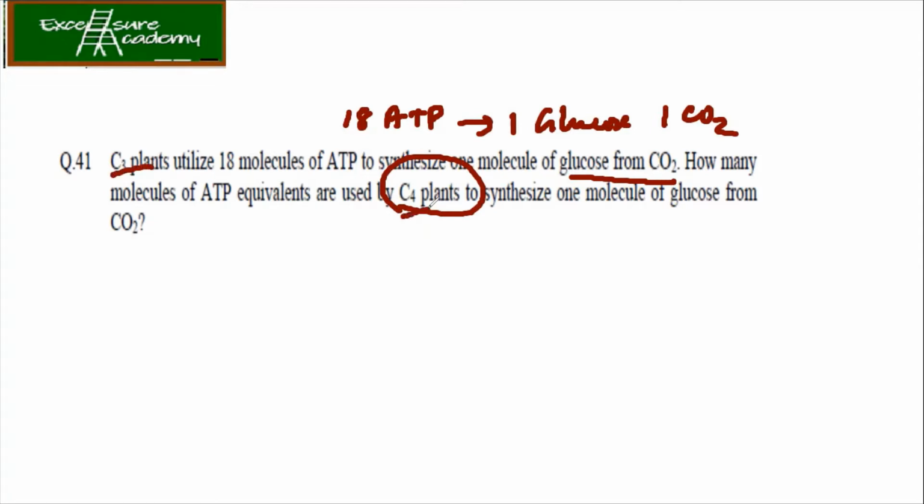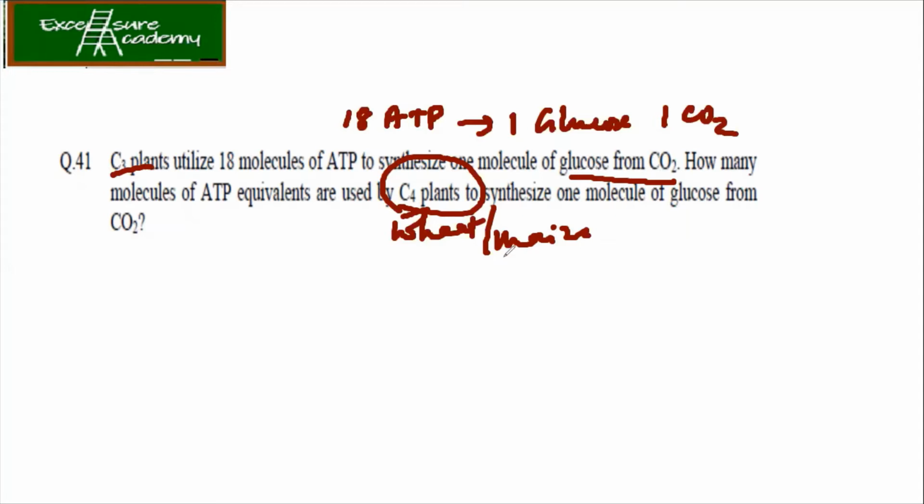If you remember, the examples of C4 plants are wheat and maize. Now, why are they called C4 plants? If you don't know, please go back and check, where you are going to have two separate sections: mesophyll and Bundle sheath cells. So just brush up and revise that topic. Okay, so now let's see.